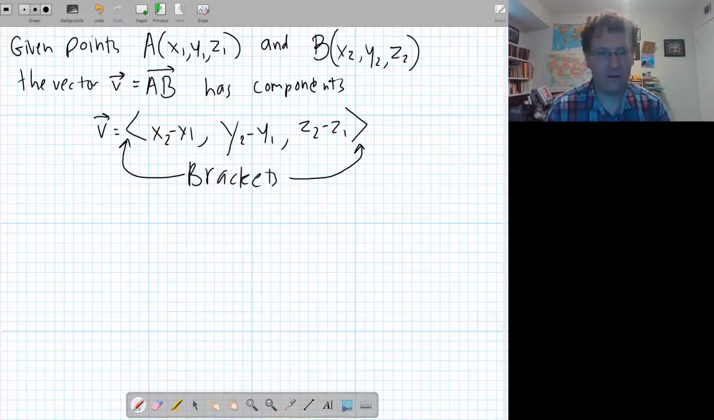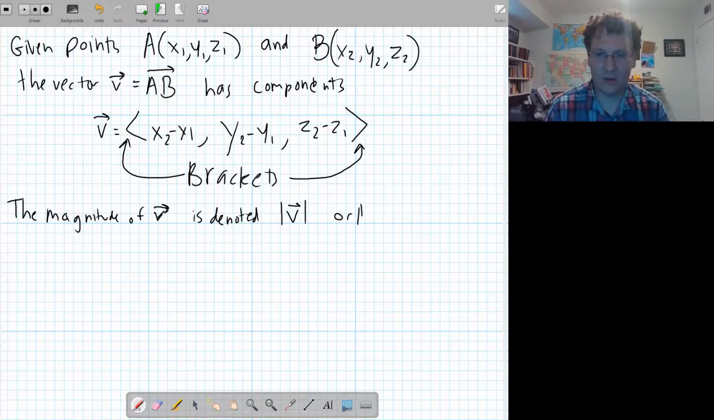The magnitude of V, now we're getting into how we exactly quantify these characteristics of a vector. The magnitude of V is denoted either with a single bar or a double bar, depending on the context you're in. They mean the same thing. And in 2D, the formula is